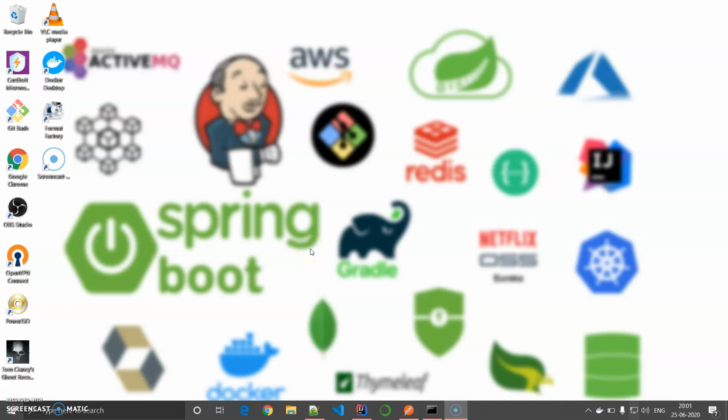This tutorial is dedicated to Docker. Basically, what we are going to do here: we have developed a Spring Boot application with basic CRUD operations, along with that we have used MySQL as the database, and we have utilized Java Persistence API, Spring Data JPA, and the MySQL connector. We have built two separate images. One is of our application and another is of MySQL, which is provided by Docker Engine.